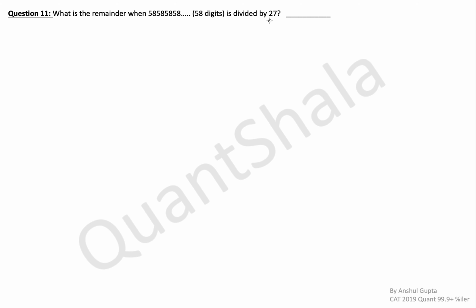Okay. So 27, a beautiful thing about 27 is that 27 is a factor of 999. Factor of 999, which means the remainder of 1000 with 27 is 1. And so will be the remainder of any power of 1000. The remainder of a power of 1000 with 27 is 1. 1000 raised to power anything, the remainder with 27 will be 1 because of basic remainder concepts. Okay. Now this number, let's try to break it into powers of 1000 or something like that.